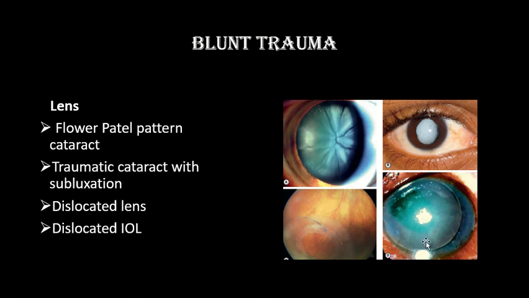anterior chamber. And here we can see the patient was having pseudophakia, and we can see the dislocation of the intraocular lens onto the surface of the retina or into the vitreous cavity. This is the optic, and this blue one is the haptic. So blunt trauma can lead to traumatic cataract, subluxation and dislocation of the lens.